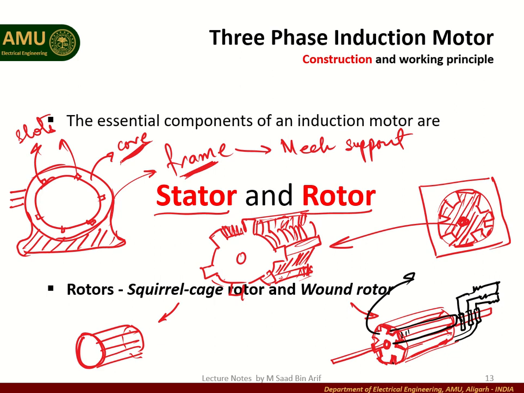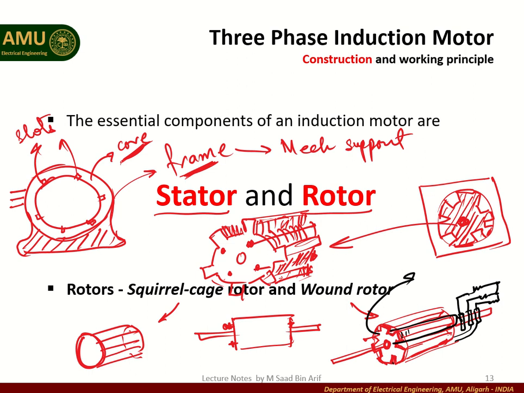It is important to note that in order to stack, that is, to press together these slotted sheets so that we can have a cylindrical structure, what we will do is, we will use either bolts, put a nut and bolt structure inside it, similarly, and tighten it with a nut over here, so that we have a cylindrical structure.